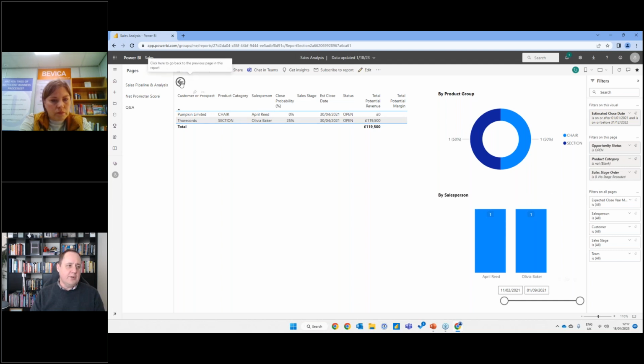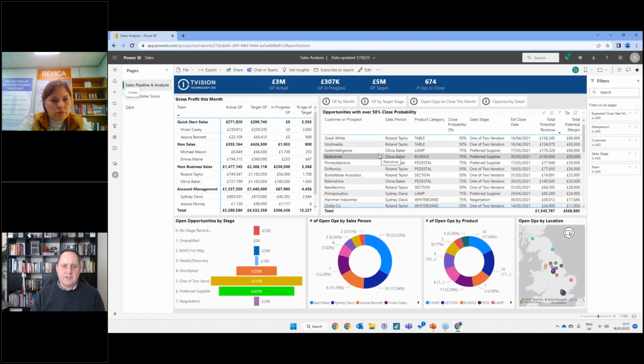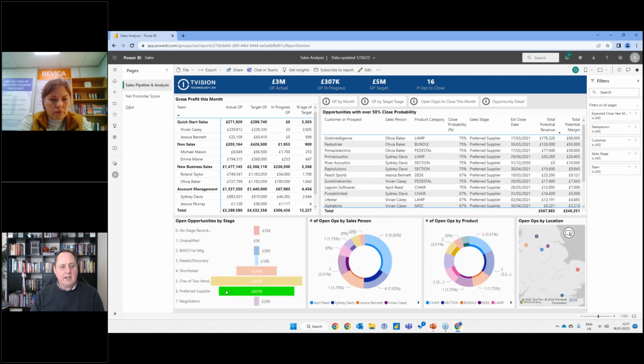And you see what we do here, the reason why we do it like this is we want it to be as limited number of clicks as possible, really to start to get to the information. Because this is Power BI as well, this is great, but it's not static. So I can say, I just want to know where we're the preferred supplier. And you'll see straight off the data's flex. I now have a smaller number of opportunities, and I can see which ones were preferred supplier for, as the data flex is there, and also whereabouts in the country perhaps they are.